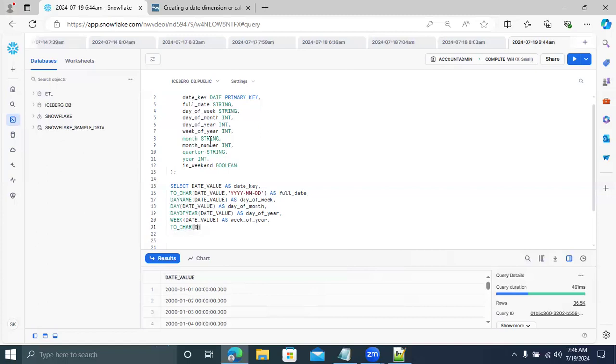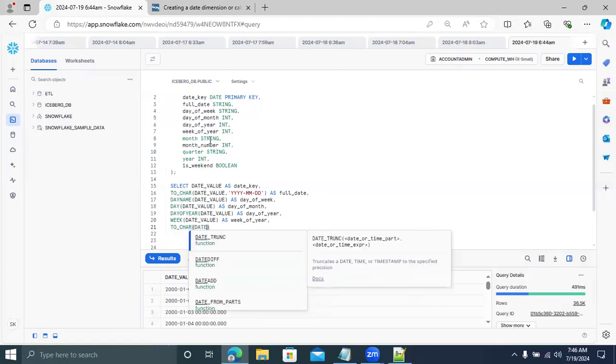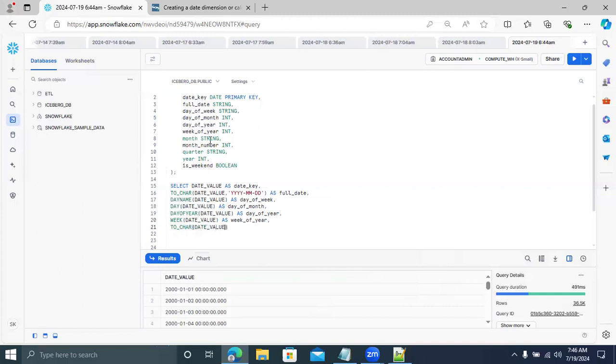Then pass the date value in the expression and pass month. M should be caps, and the rest lowercase. Then give the alias: Month. Next one is